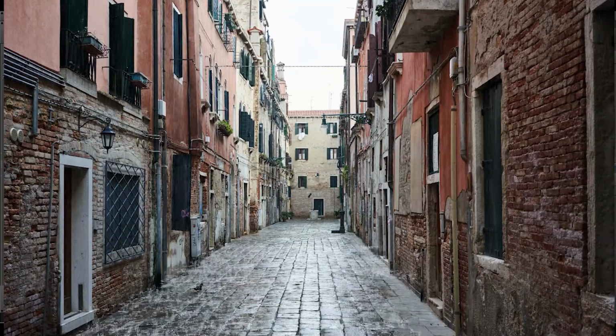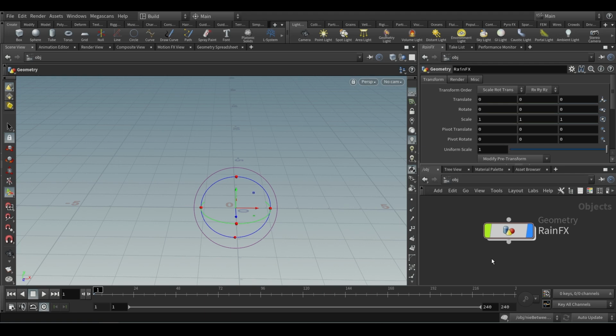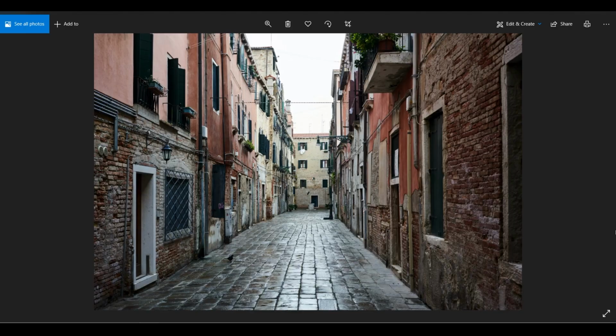This rain effects we're going to do is different from the last project, which was snow. In the snow we created everything in CG, as in we used the help of Megascans and created the scene. So now we're going to do image based. This is the image we're going to work on, just an image that I got from unsplash.com. You can get anything of your choice.